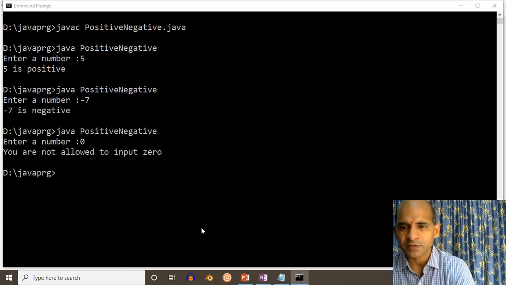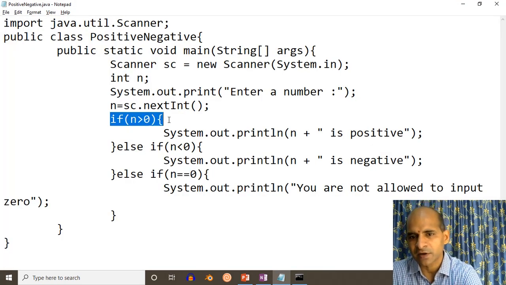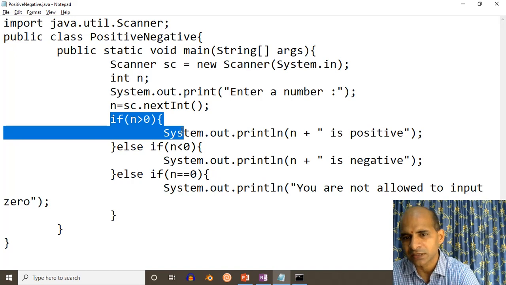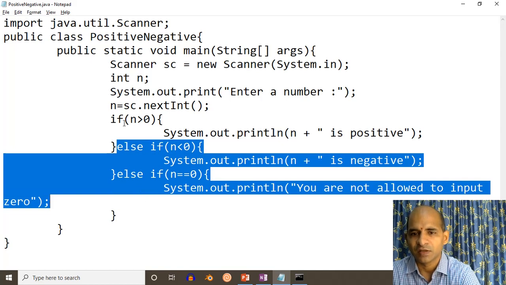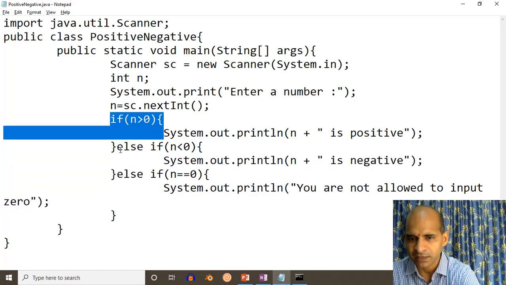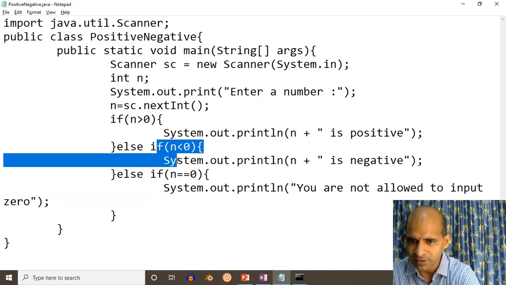Now what is the benefit of using multiple if else if? Wherever the condition will be satisfied, after executing that statement, it will never execute or check the rest of the conditions. If the first condition will be satisfied, then the rest of the 2 conditions will not be checked. If the second condition will be satisfied, then it will never go for the rest of the conditions, but before that, whatever conditions will be there, it will check.